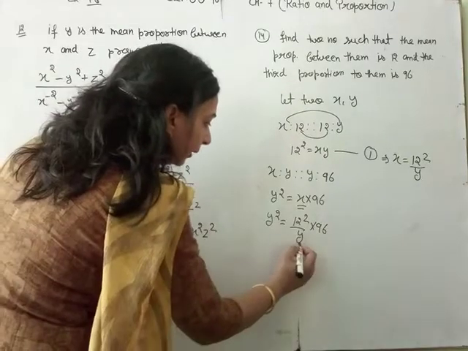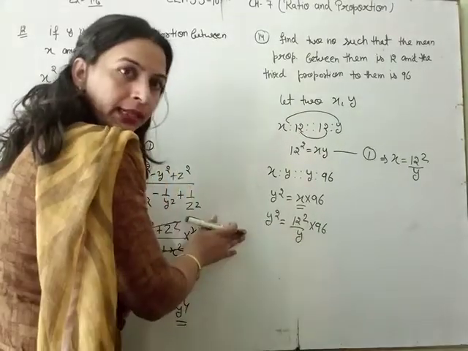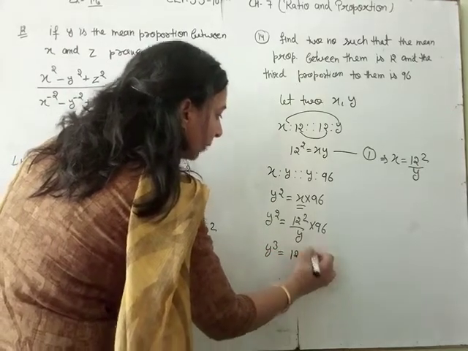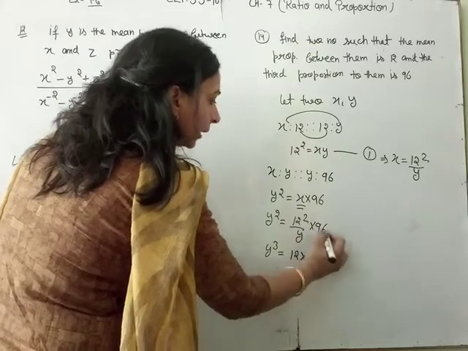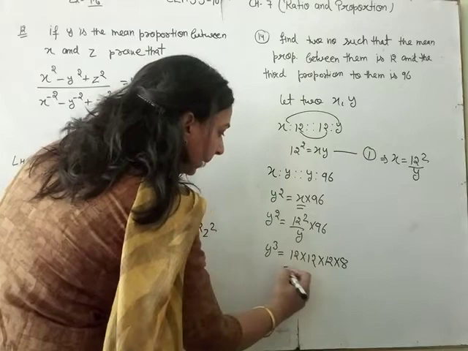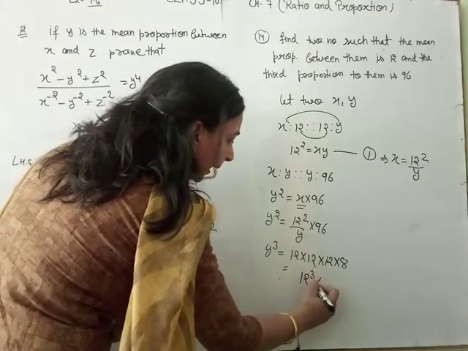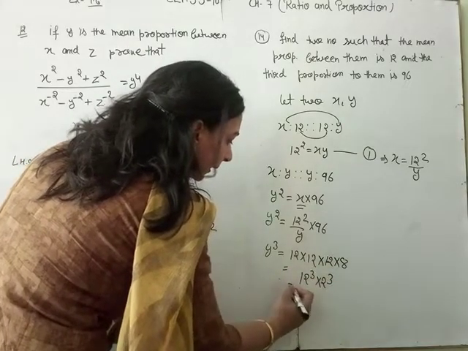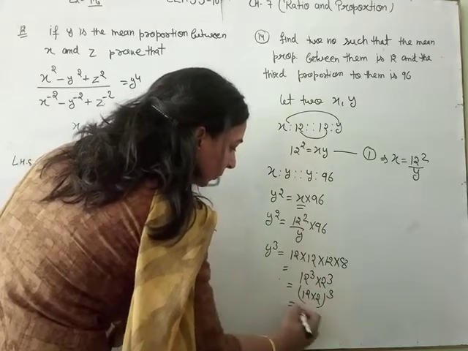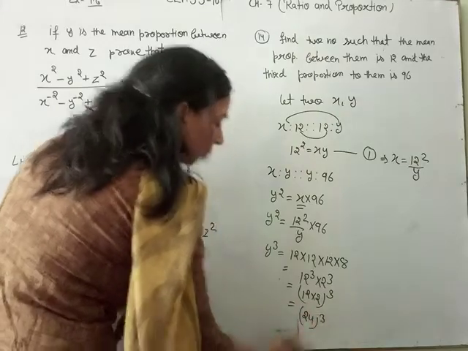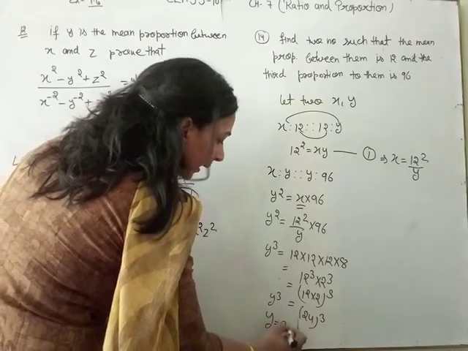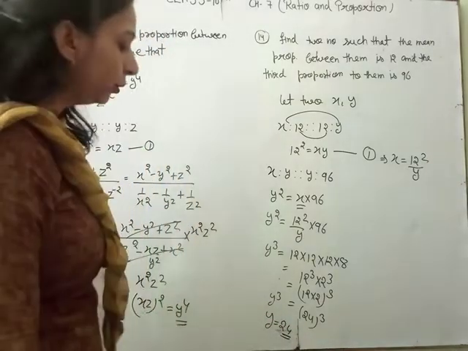Okay. Then y multiply with the left hand side. Then y³ equal to 12 into 12, 12², 12 into 12, and 96. 12 8s are 96. 12 multiply 8. Okay. Then this equal to 12³, and we write this 2³. Then complete equal to (12 multiply 2) whole cube, and this equal to 24³. Okay. y³ equal to 24³. Then y equal to 24. Value of y equal to 24.